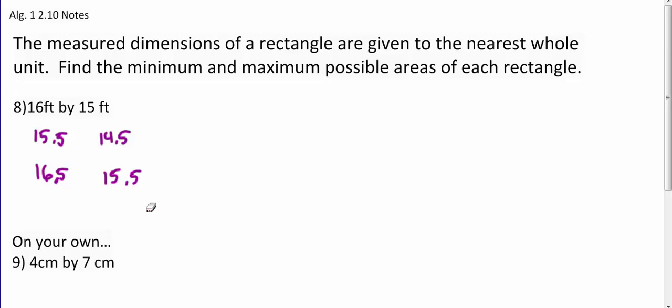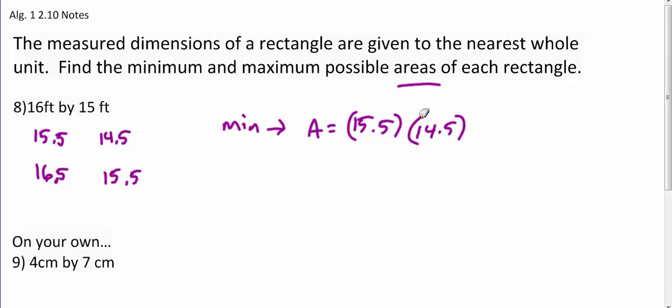So essentially what we have here is two different multiplication problems because we're finding area, as it says there, and to find area, you multiply. Now this is the minimum and the maximum. Well, the minimum would come from taking the smallest two values and multiplying them. So we're going to find the minimum area by doing 15.5 times 14.5. And I have that area to be about 224.75 square feet,